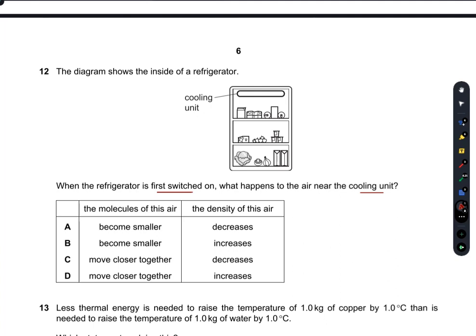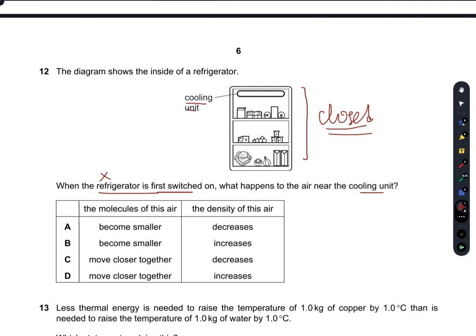So in this diagram we can see the refrigerator is first switched on. So suppose this refrigerator is closed here, this is not an open refrigerator. Some of you might comprehend that he has opened the door of the refrigerator, but the door is closed. He has just shown the schematic diagram here for easy understanding.